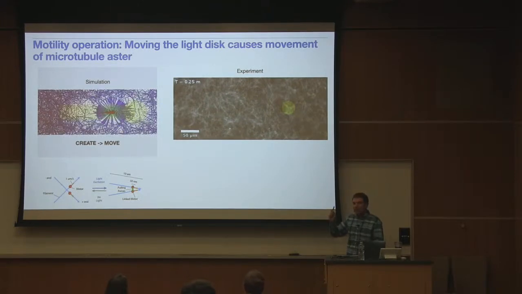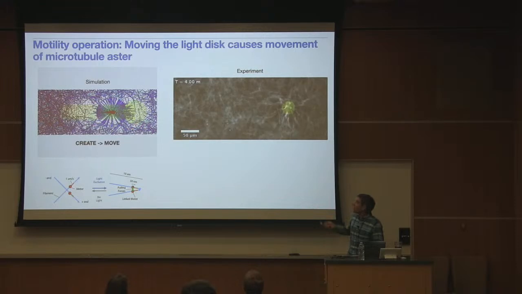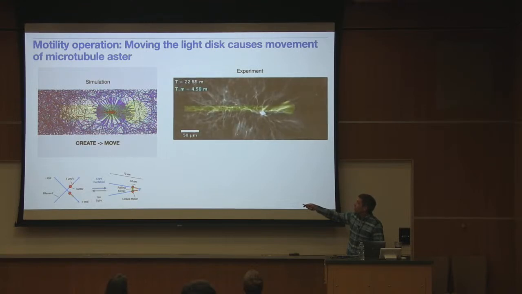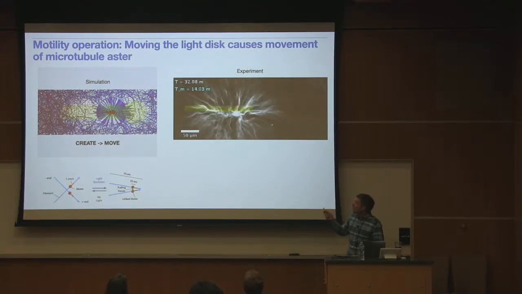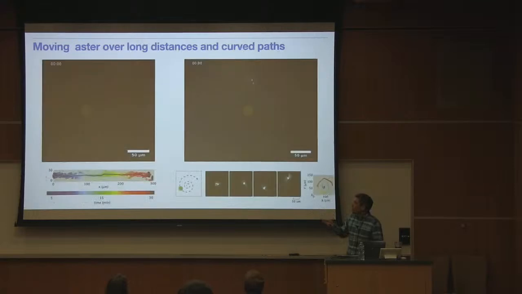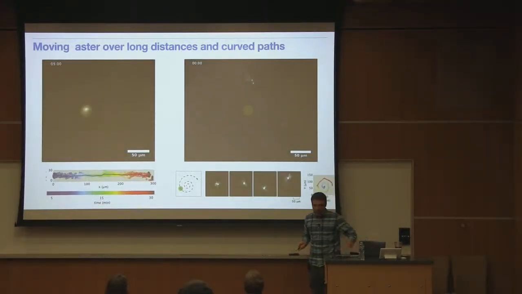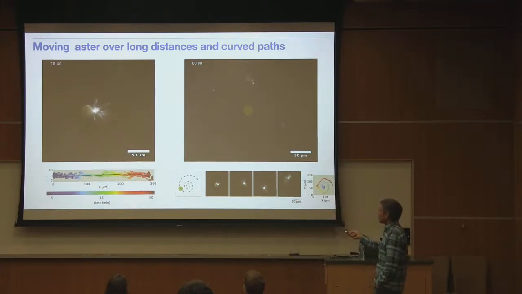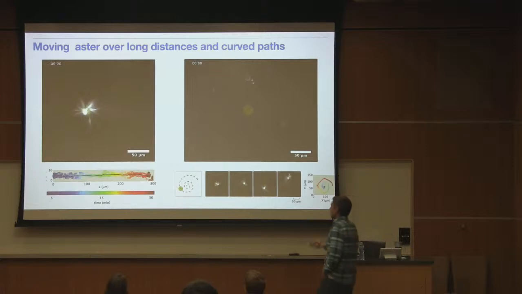And what we found is that we could shine and move the light, and we could get in simulation the aster to form and to chase this light. And then we can go back and forth between simulation, and theory, and experiments. And we found that there's this emergent property of the system, which is that following aster formation, the aster will actually chase a disk of light in a way that at this time was not entirely understood. So this is an emergent property of these light-controlled active matter systems. So we've got this aster, this is a disk of light. And what we found is that as we pull the disk of light forward, the aster chases it, it lags the disk of light,